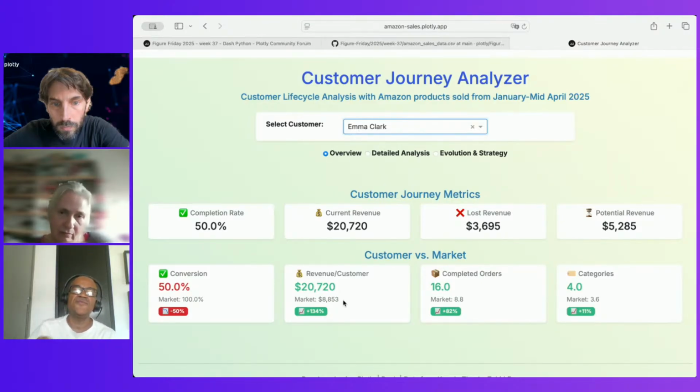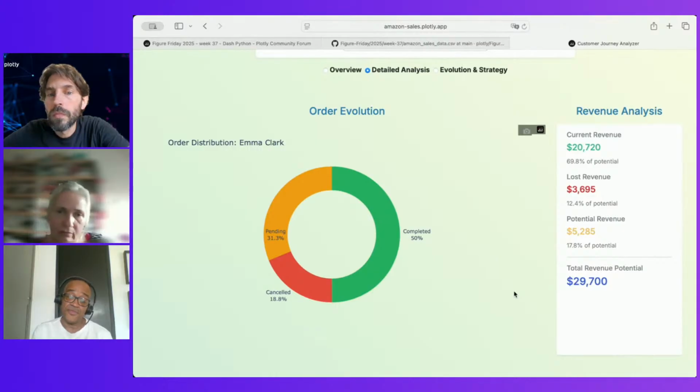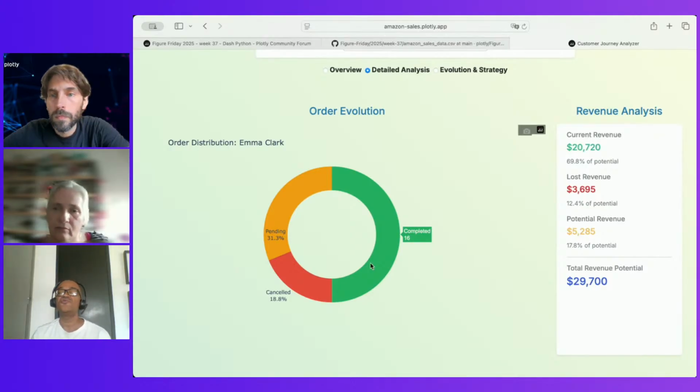This is the next one. If you can go there, the next one. Select, okay. Basically, even though it's redundant information, here we can see in a bigger pie chart the total orders, the orders completed, the canceled orders and the pending orders. And also a small card I call revenue analysis, where basically we post the amount of money